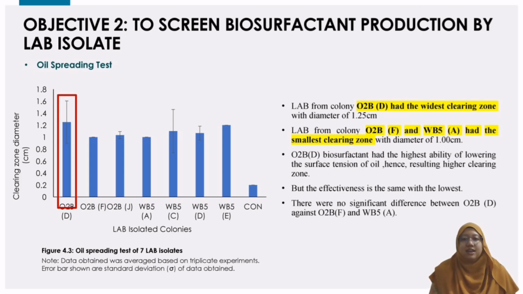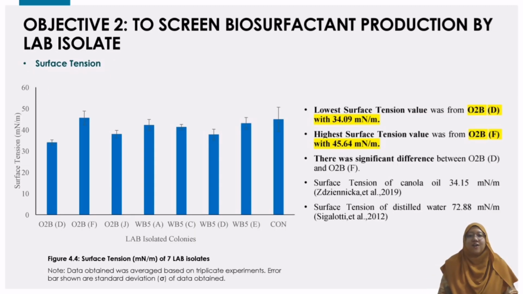O2BD biosurfactant had the highest ability for lowering the surface tension of oil, hence resulting in a higher clearing zone. But the effectiveness of both the highest and the lowest clearing diameter isolates are similar. This is because when statistically tested with the one-way ANOVA Tukey test, there was no significant difference between O2BD against O2BF and WB5A. Next, on the surface tension result, it is best known that the lower the surface tension it has,